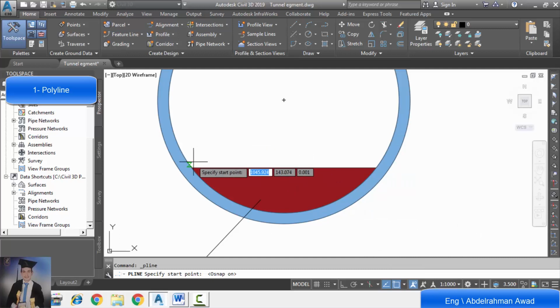First we'll draw a line from left to right, that is for the straight line. Then we will draw the polyline for the circular component. So we will turn from line to arc. We press A to activate arc.